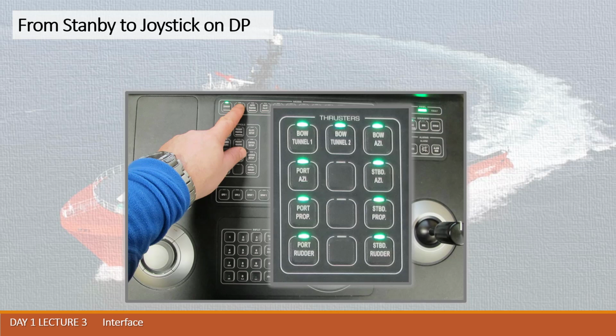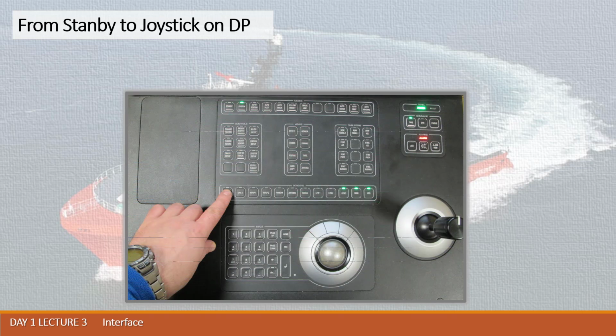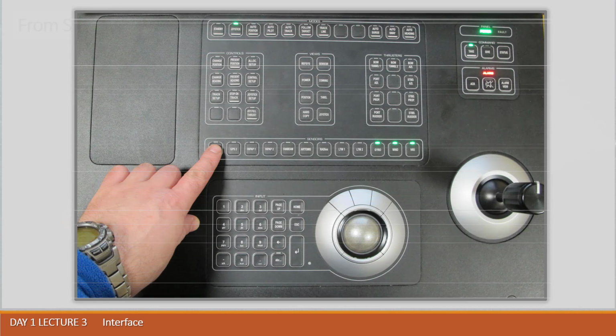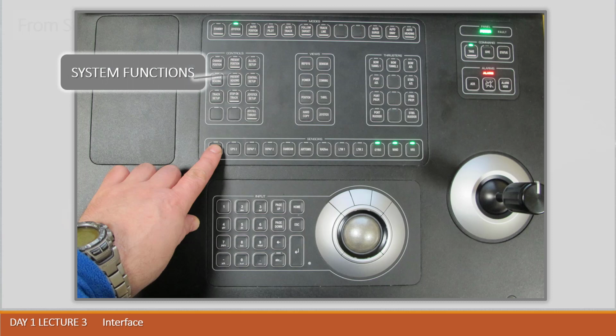Next, you need to add at least one position reference system to the DP model, with the reason to assign the starting coordinate for the mathematical model of our DP system. As soon as that is selected, you are ready to conduct movements on DP. And then let's overview our DP panel.